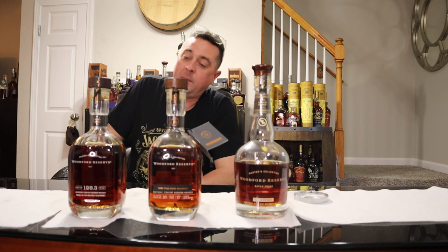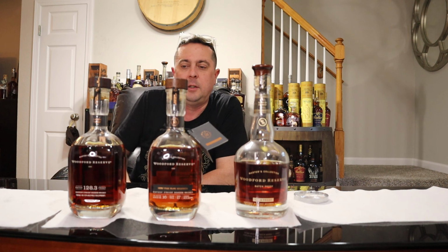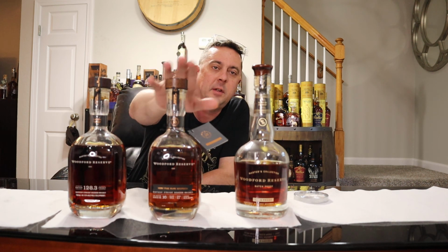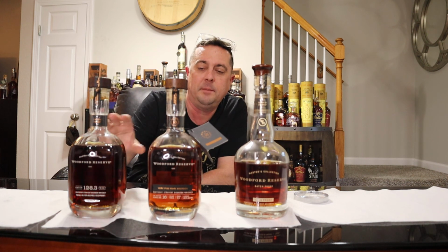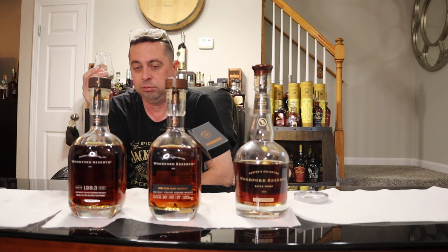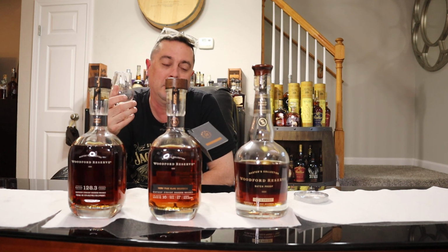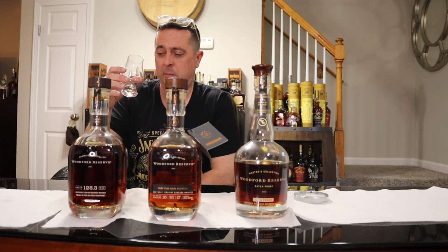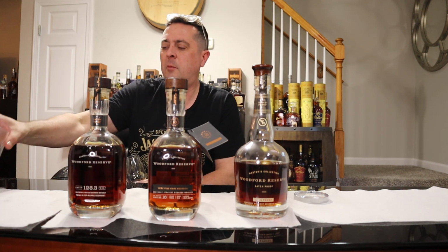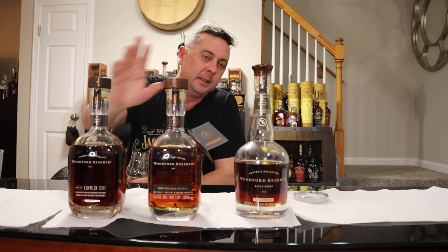So they're different, but similar, especially on the nose. I gave this a thumbs up. I'm gonna compare them one more time. They're both good. I love the newer bottle better, but can't drink the bottle. One more little bit of water here. This is